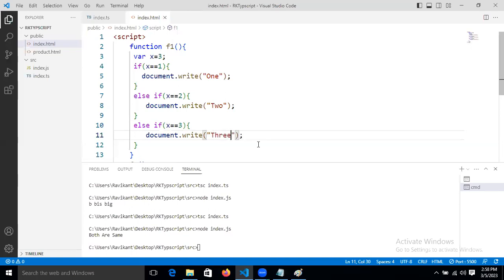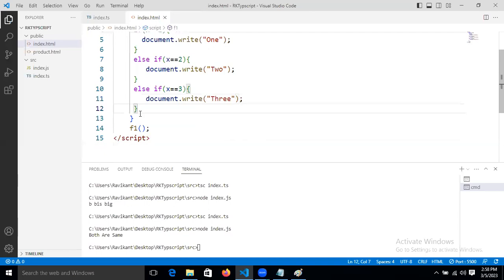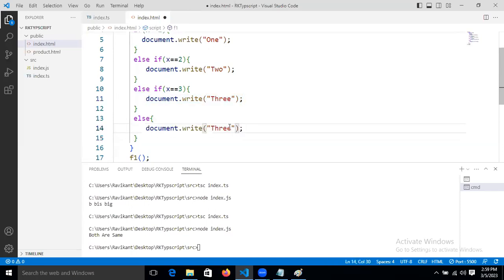Right? 3. Now here, take an else block. In this else block, copy this one and paste it, and here write the message. What is the message? Please enter